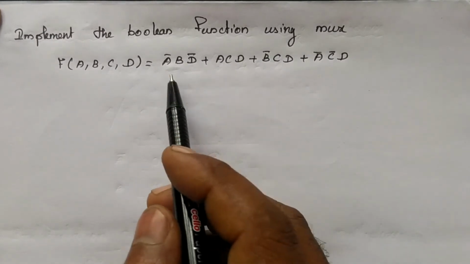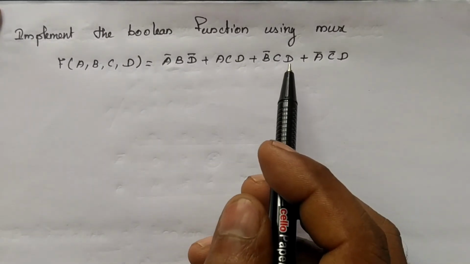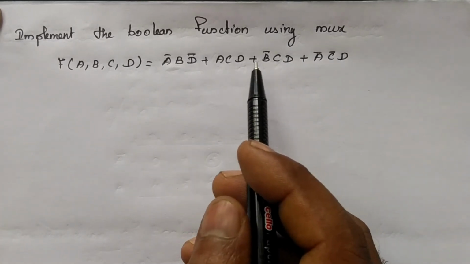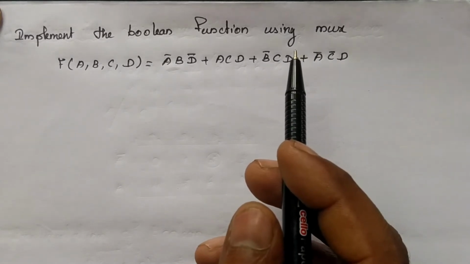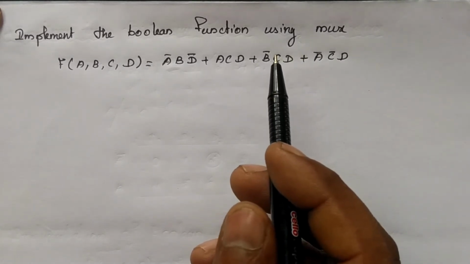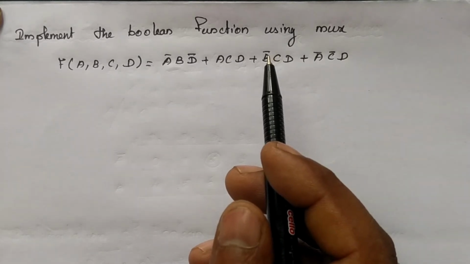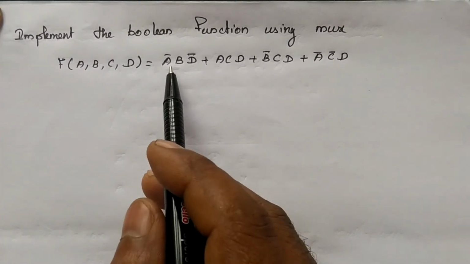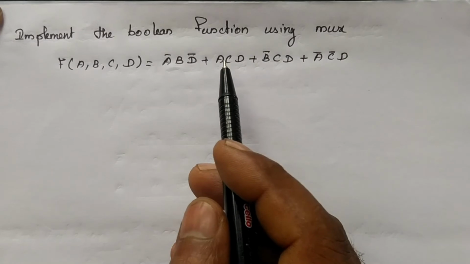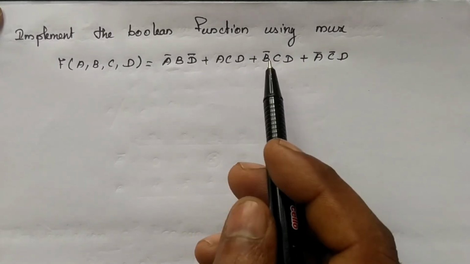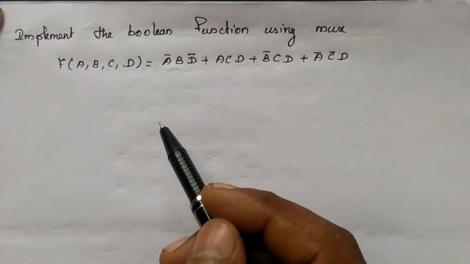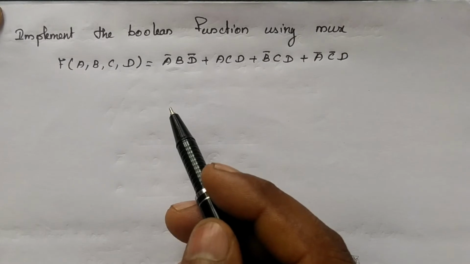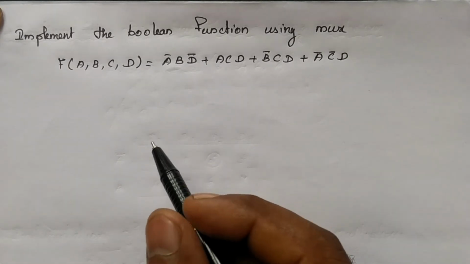Here we need to find the min terms, which means we need to make the equation in standard sum of product. After that, from each literal we need to find the respective min term value, which is the number representation. To make the standard sum of product, the term C is missing here, so we need to expand the algebraic expression and find the respective min terms. That will be time consuming, therefore I am directly going for the inverse K-map method.